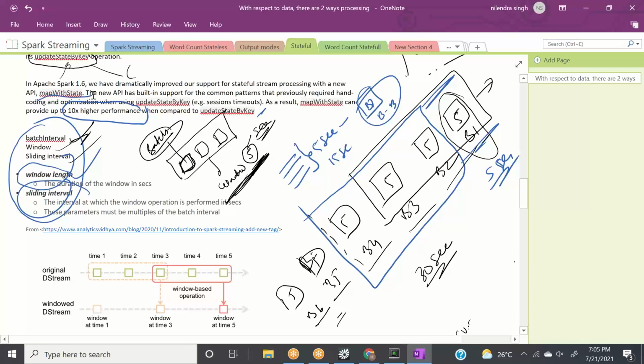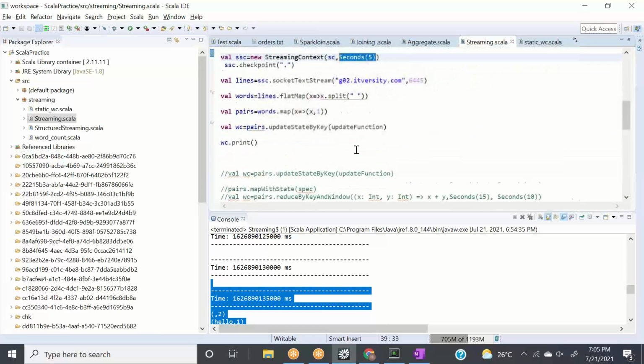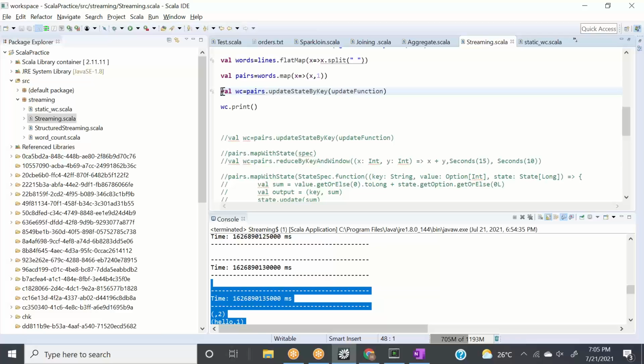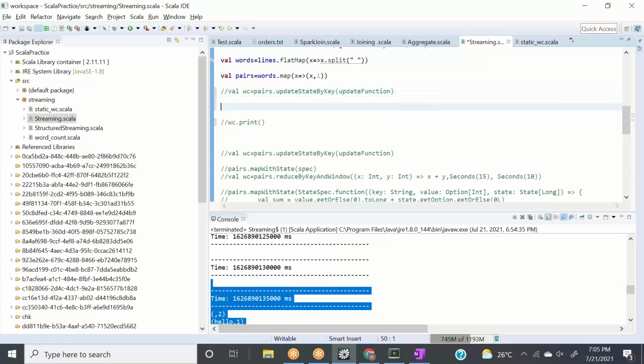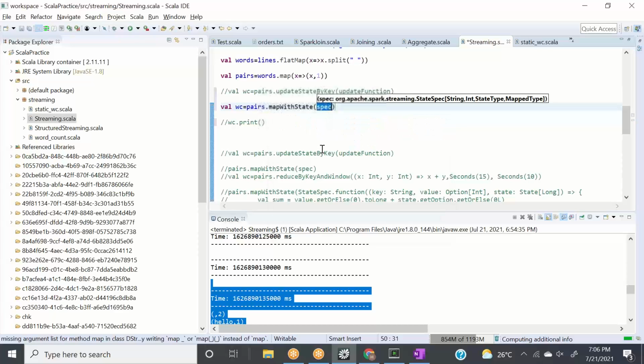Okay, this is important. So now when we go here, this is good till here, and let's comment it. Let's comment this as well. So again the same thing: wc is equal to pairs dot mapWithState. When we talk about mapWithState, it will take a state specification.